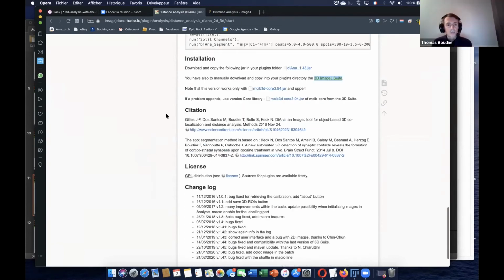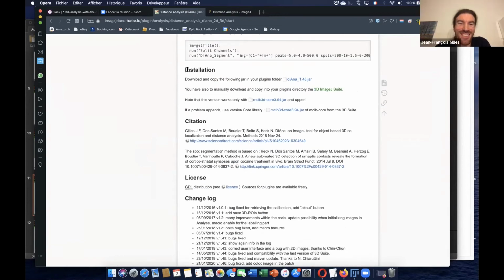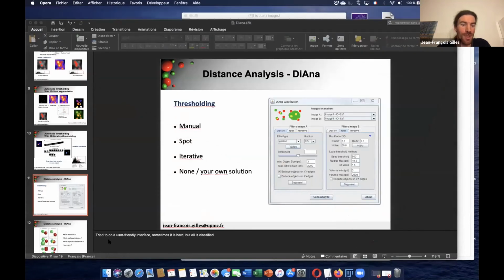How to install it? So for installation, you just download this file and put it in the plugins folder of ImageJ or Fiji.